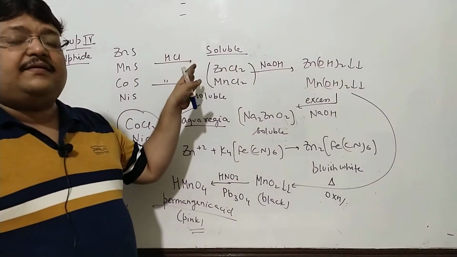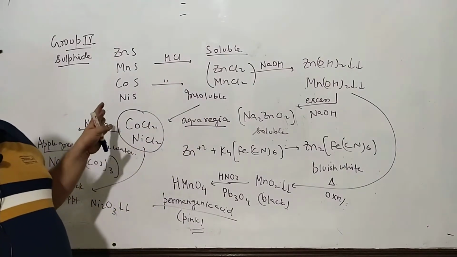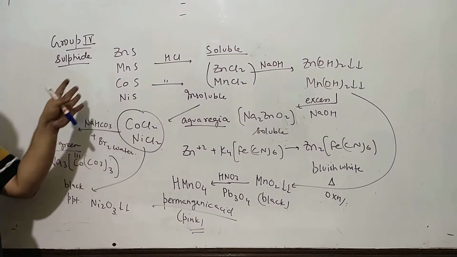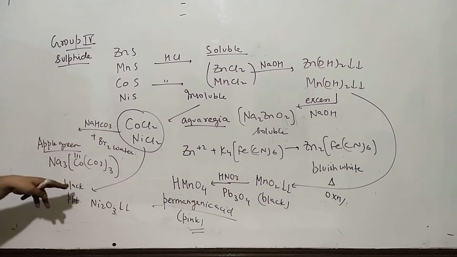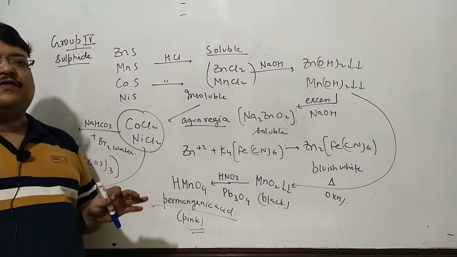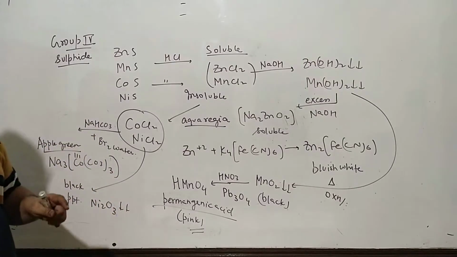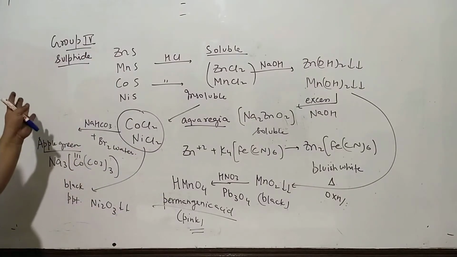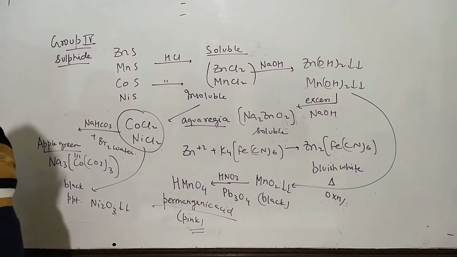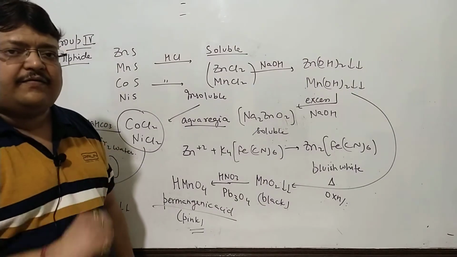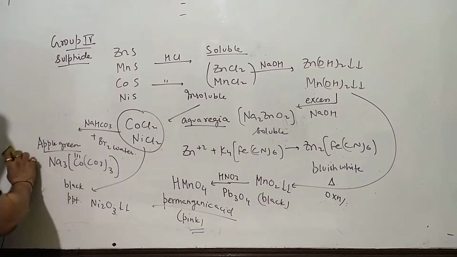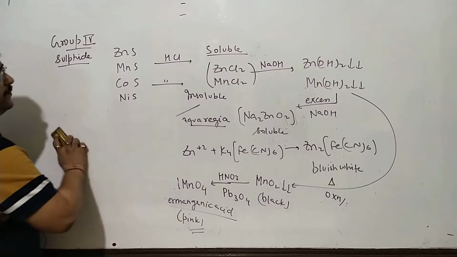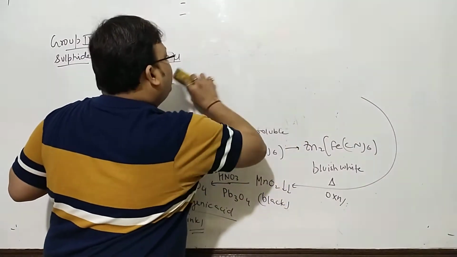If it was insoluble in HCl, you use aqua regia to dissolve as chlorides of nickel and cobalt. A common test is sodium bicarbonate and bromine water. Apple green solution will confirm cobalt. This is the complex sodium cobaltic carbonate, whereas the black precipitate will confirm nickel. Ni2O3 is a black compound. You'll want to know the sequence, you will want to recall the reactions. The sequence is more important, and then I'll come to those two tests which I was talking about for nickel and cobalt. So hopefully you would copy it at your convenience, and then we'll take up the confirmatory test of nickel and cobalt.